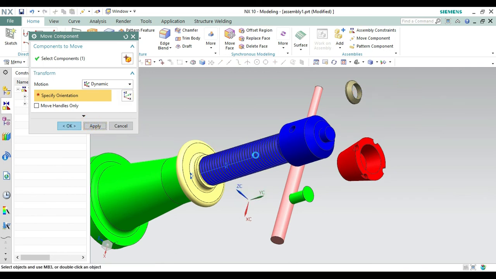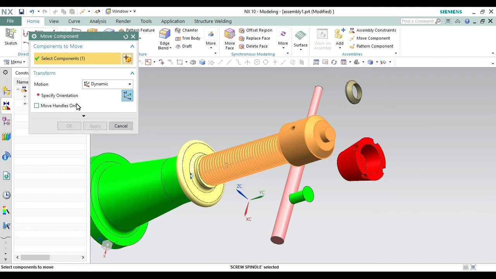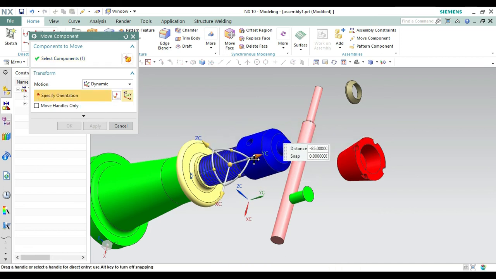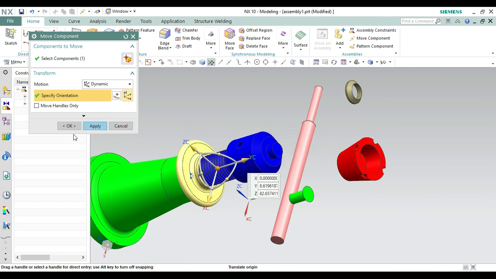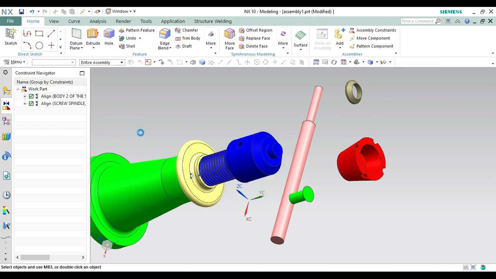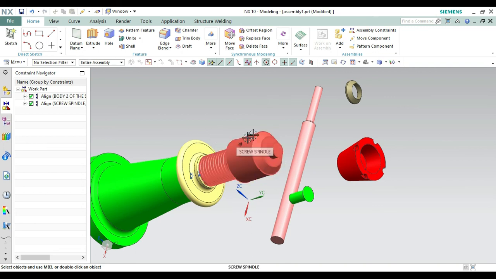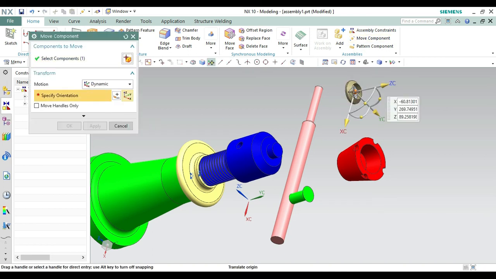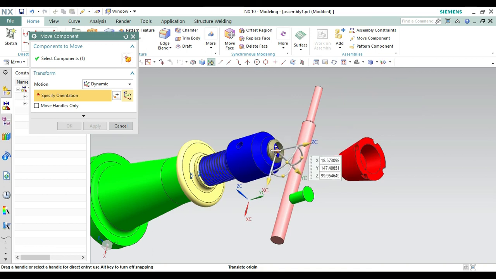Now again select this component. Select this one, make that okay from specify, and then take that downwards as much as you want. This is a spring, so that will help it to take any vehicle up or down. Now what we have to do is join this part in this. So let's drag this one near that. Let's do that fast. Take this part and bring it nearer to this, like this one. Now make that apply from here.